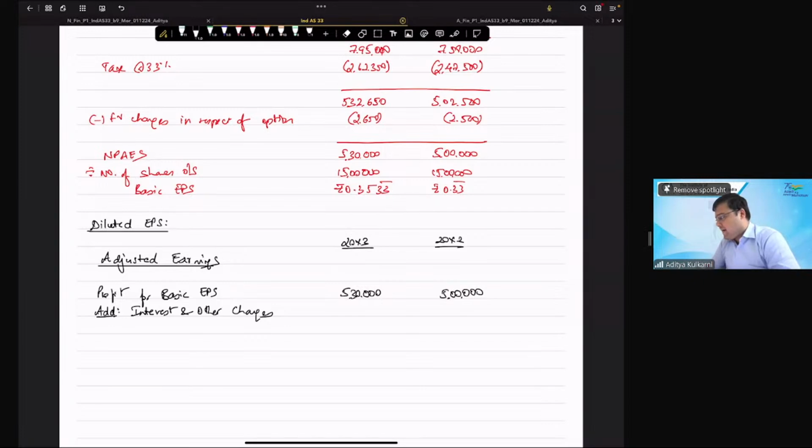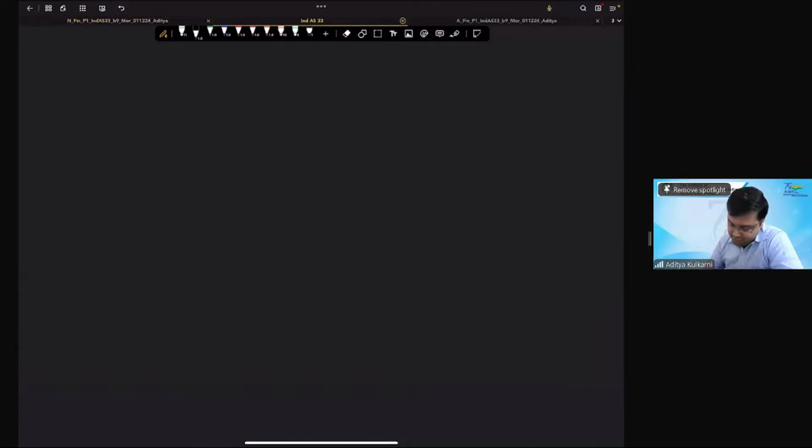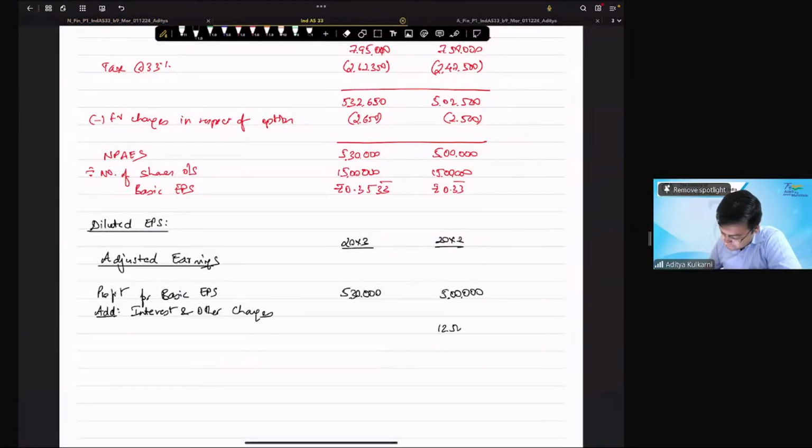Interest will be added back, yes or no? Yes, sir. So for the first year, how much will the interest be? 12 lakh 50,000 into 8% into 9 by 12, that is 75,000. And here it will be 12 lakh 50,000 into 8%,